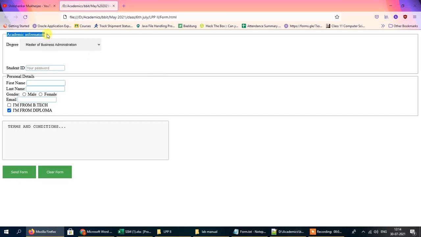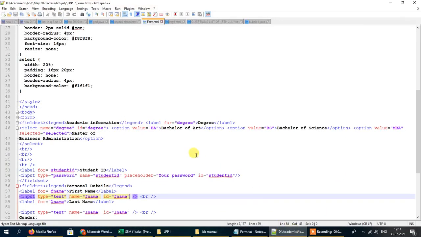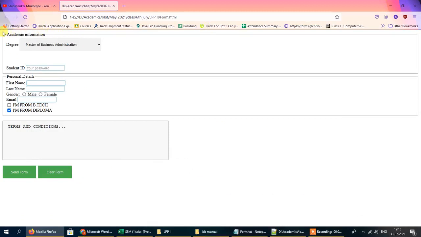This is a part of something called a field set. So if we just open this, this entire box with the boundary in it is called a field set, and the caption that we have, called academic information, is known as the legend.